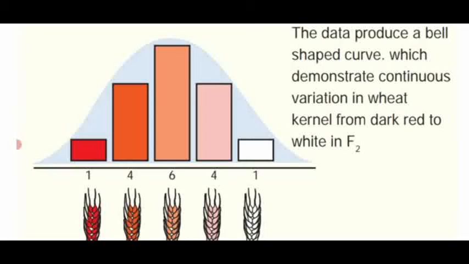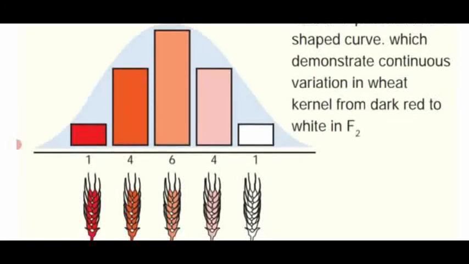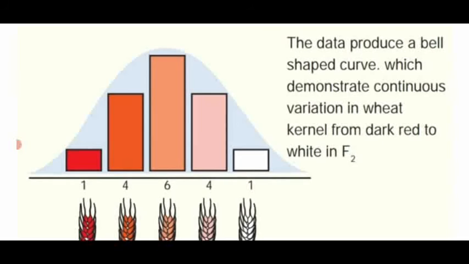by the several genes. First one, the ratio is only 1. Second one is the 4. Then medium dark red color which is determined by the 2 R's which are showing 6 in number. Then light red color which is 4. Then white color which is only 1 are expressed in the F2 generation.